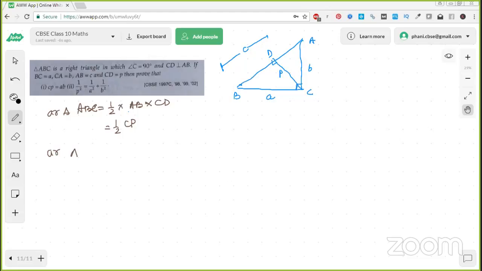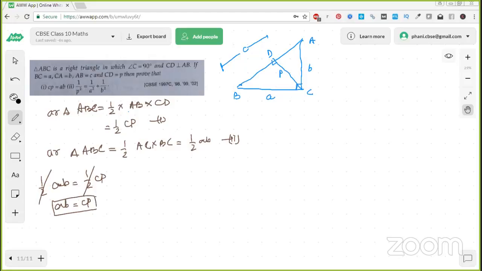In another way, I can find out the area of the triangle ABC. That will be half into AC into BC, that will give you half into AB. So obviously, from the first and the second equation, as both of them denote the area of the triangle ABC, we can simply write half AB equals half CP, or AB equals CP. So that's the first one